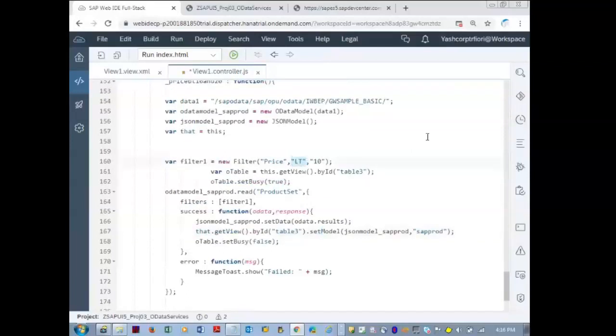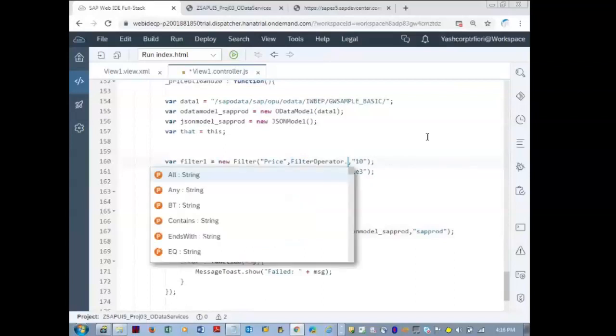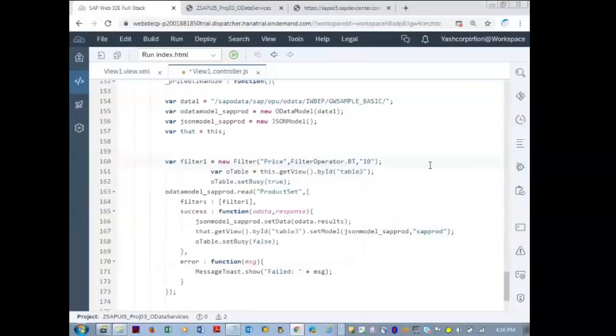For price, here use the filter operator dot. When you put dot, you'll be getting all the values: dot BT, dot Contains, dot EndsWith, dot EQ equal, greater than equal to, less than equal to. All these things you are going to see. StartsWith. We did one OData query string with starts with; I want to give that as an assignment. FilterOperator dot BT, 10 and 20.